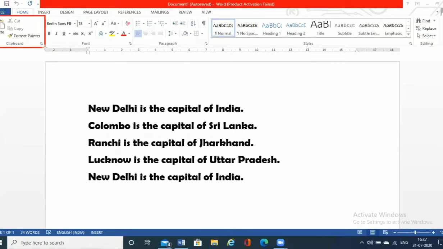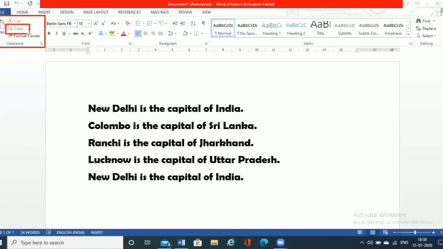Once you have decided to copy a particular text, you have to select that text, then go to the clipboard command and click on copy. As soon as you click on copy, the selected line, sentence, word or paragraph is ready to be pasted.